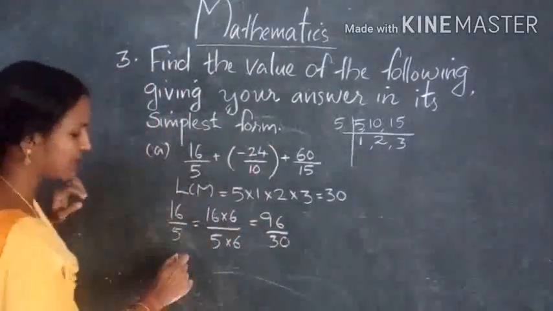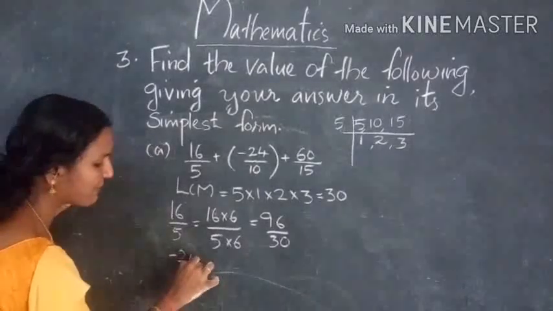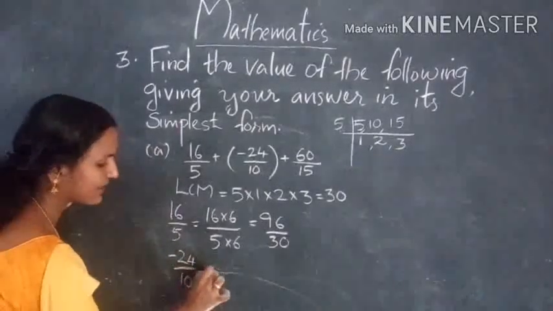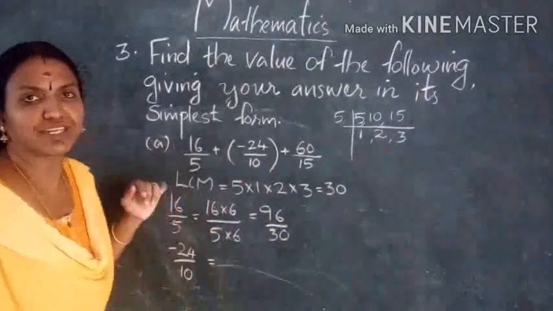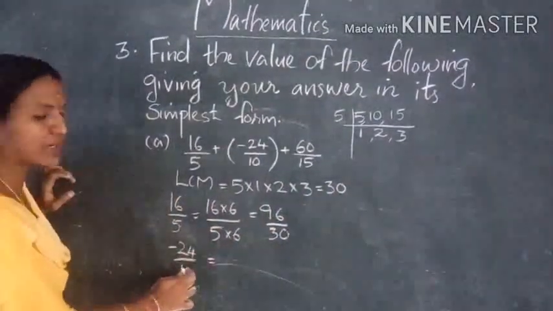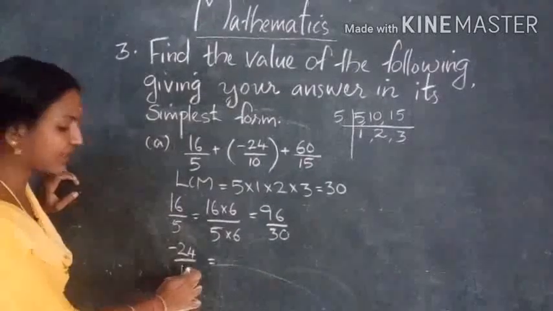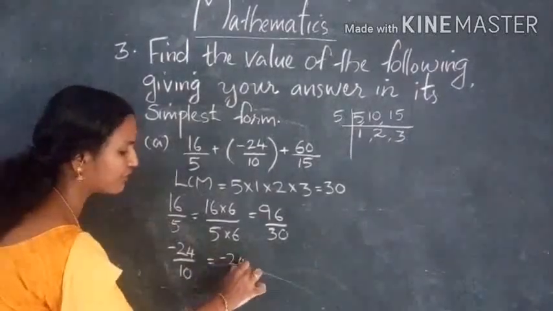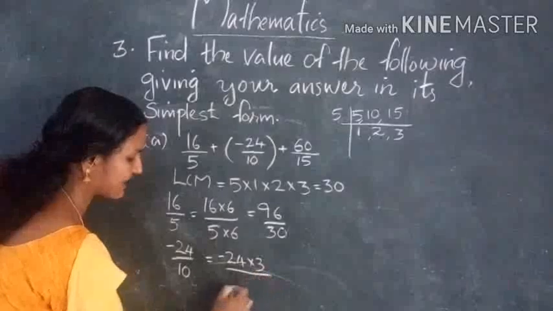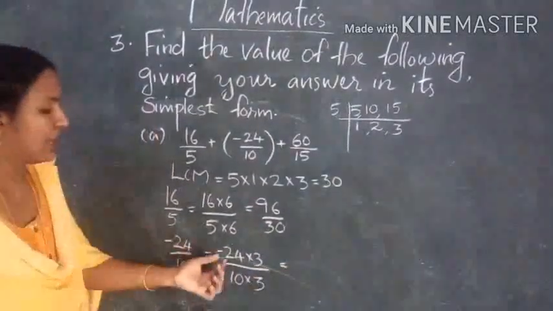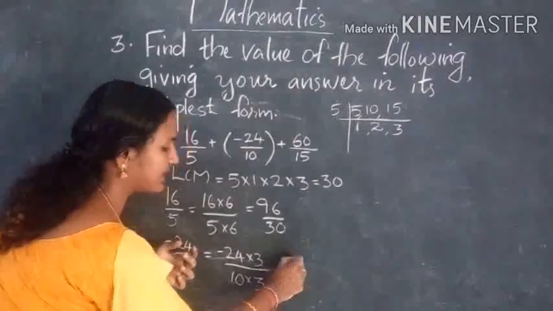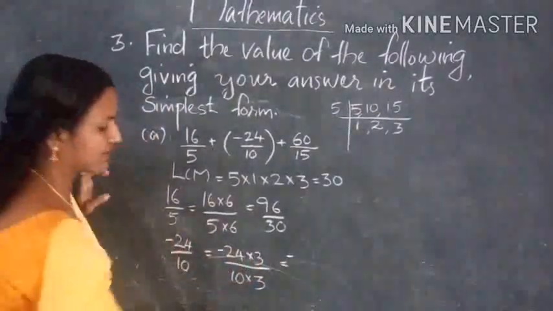The second fraction, minus 24 by 10. How many 10s are in 30? 3 10s are 30. So multiplying the numerator and denominator by 3. Minus 24 into 3 divided by 10 into 3. Minus into plus, minus. 24 into 3,